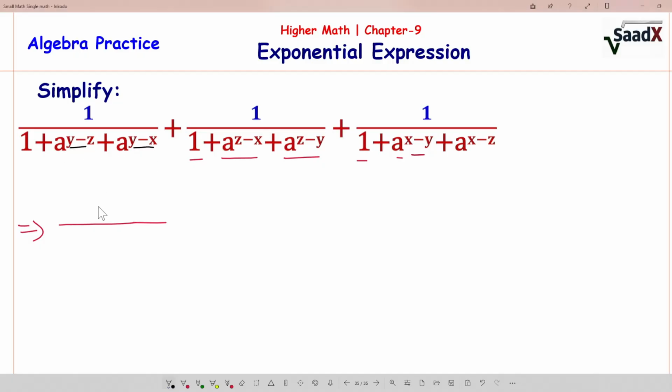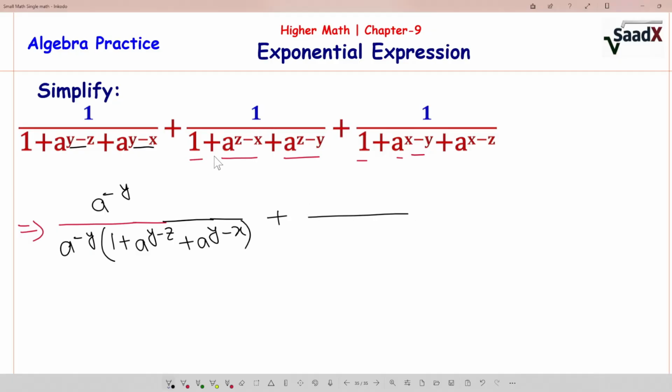If you multiply by a to the power minus y, it means a to the power minus y, and here is 1 plus a to the power y minus z plus a to the power y minus x, right? Similar thing, plus